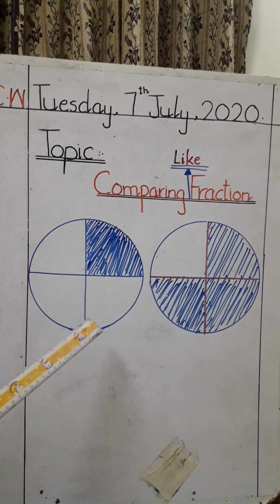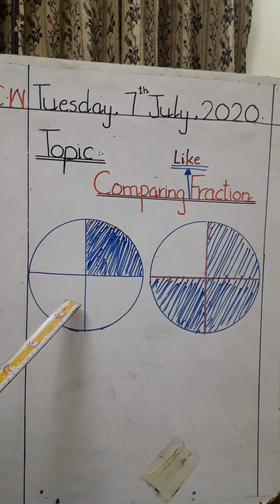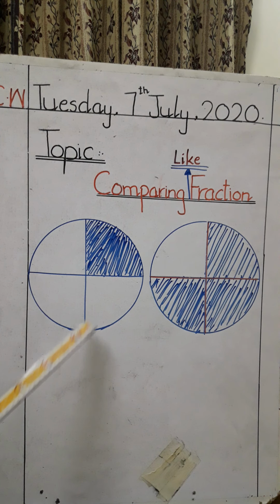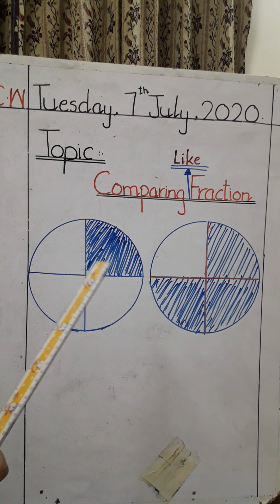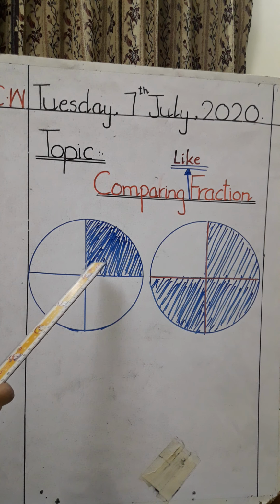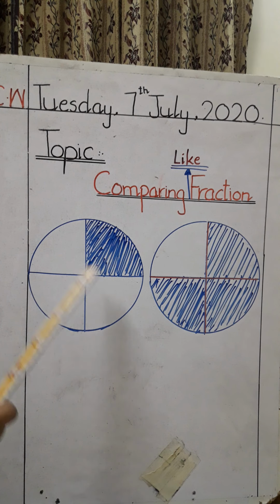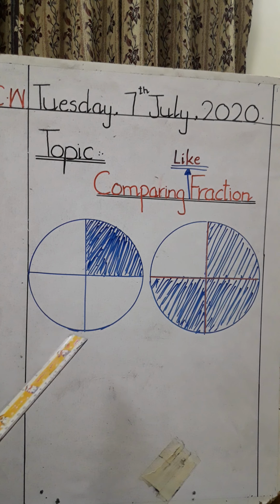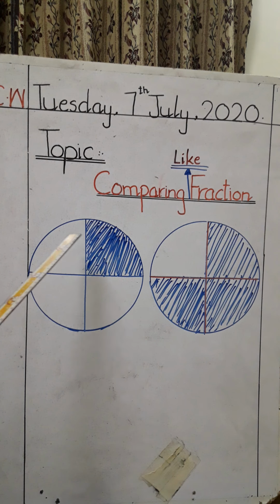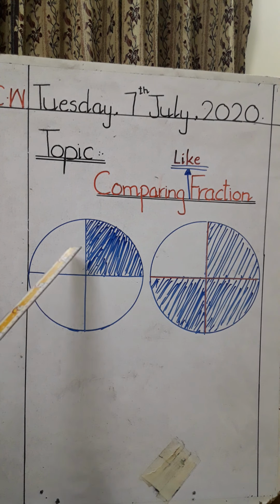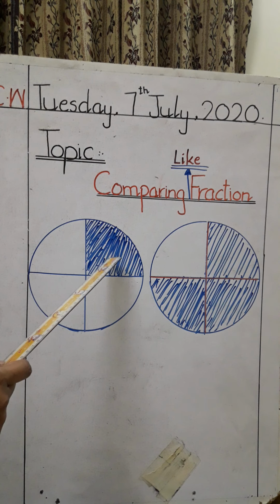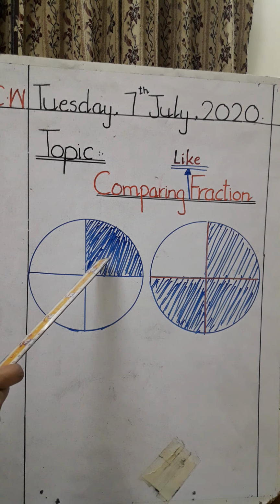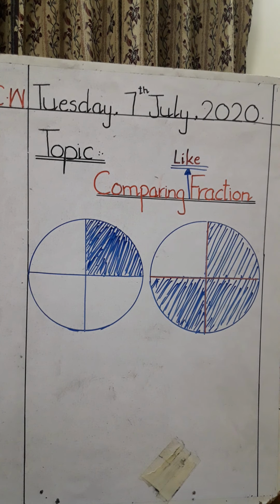So we can see that this circle is divided into 1 out of 4 equal parts. Okay, so one is shaded blue. So how can I represent this colored area using a fraction? The total number of parts in which the circle is divided is 4. Total area is 4: 1, 2, 3 and 4. And 1 out of 4 parts is shaded. So how will we write it?